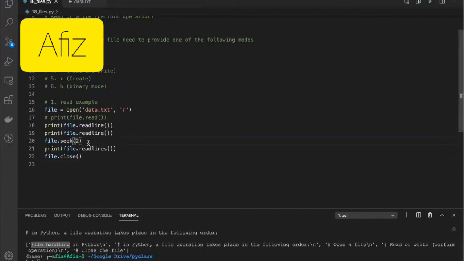That is the beauty of this seek method. Whenever you want to skip something or you want to start from the middle of the file, wherever it is, that can be done using the seek method. And finally, don't forget to close the file because it is possible to leak the data or you will be corrupting the memory if you don't close the file.